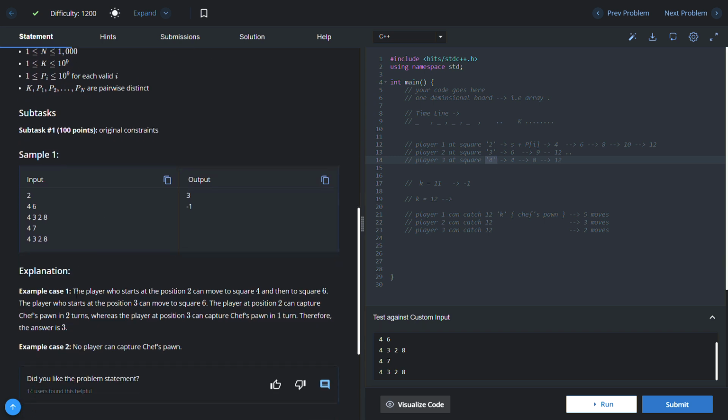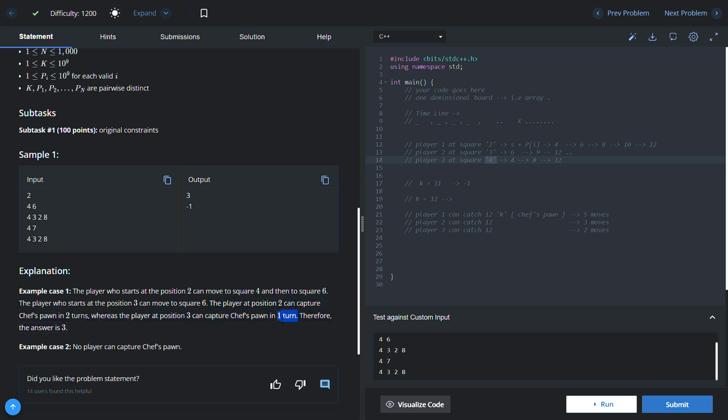For example, the player who starts at position 2 can move to square 4 and then 6. Right? 2, 4, 6, 8, 10, 12. The player who starts at position 3 can move to square 6. That is 3, 6, 9, 12. And then the player at position 2 can capture K in two turns, whereas the player at position 3 can capture chef's paw in one turn. Therefore, the answer will be 3 because